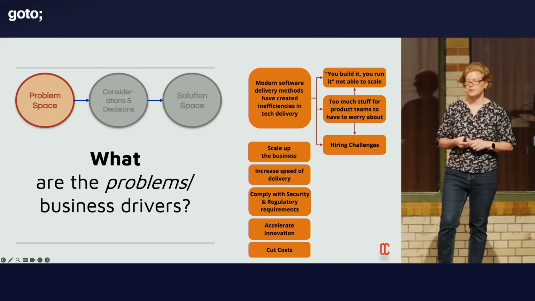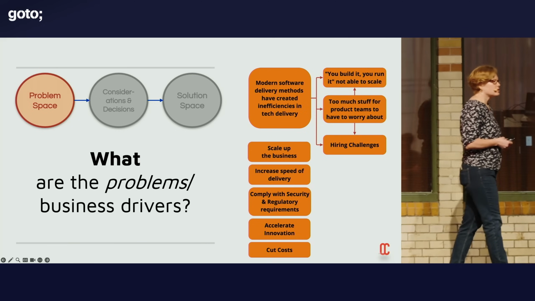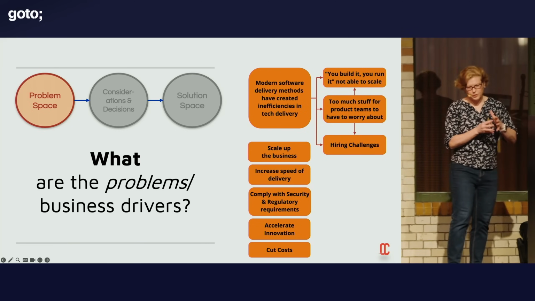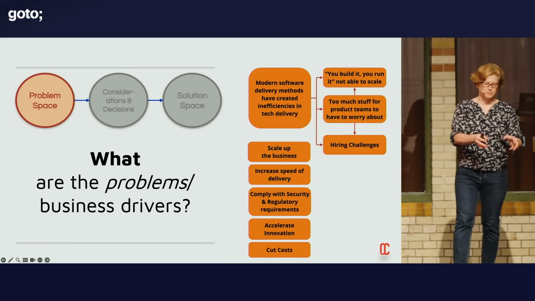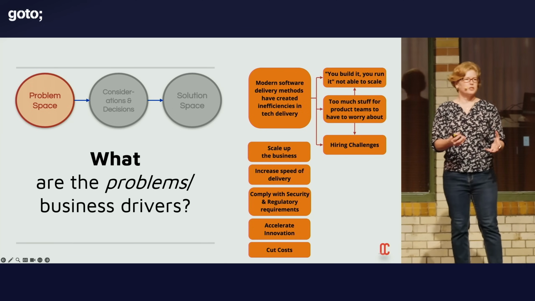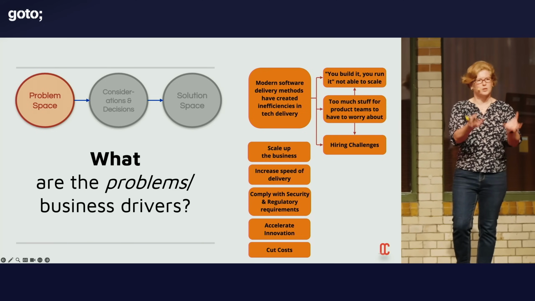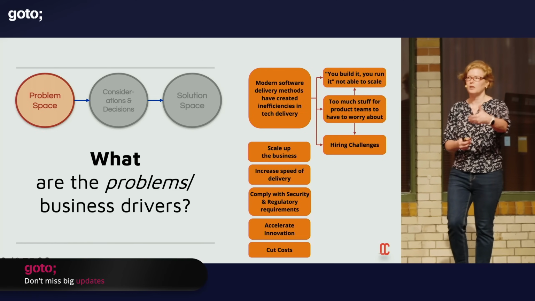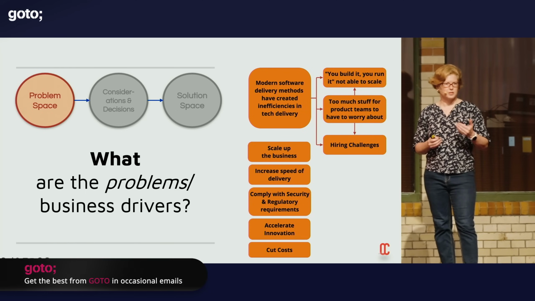It's not quite, it has some deficiencies. And this is because if you think about how we've evolved over time, we started with waterfall. There was a lot of siloed sort of teams. Agile came along and said, let's put the business together, the testers, the developers, and we got a self-contained team that would help us to actually move faster. That was great, that got us to a certain point.